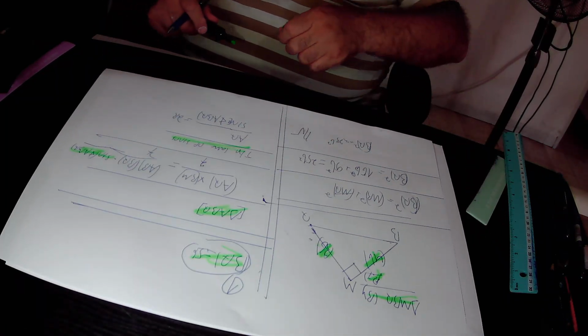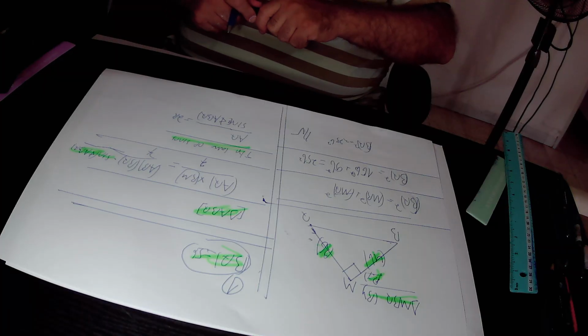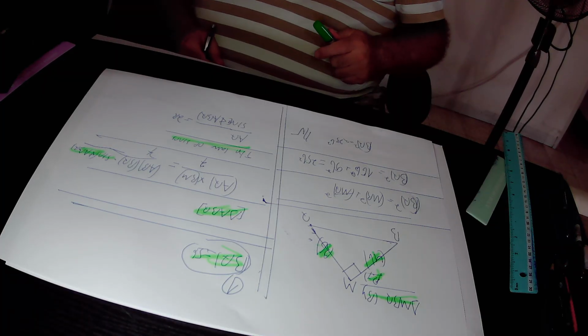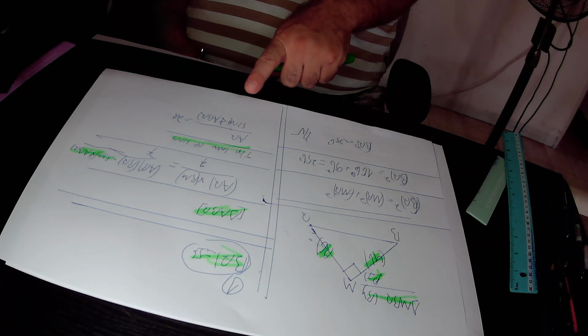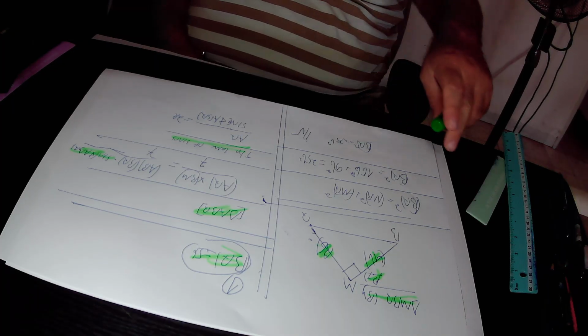Here we multiply this equation by sine angle ABQ, and then we divide it by 2R simultaneously, and we get that